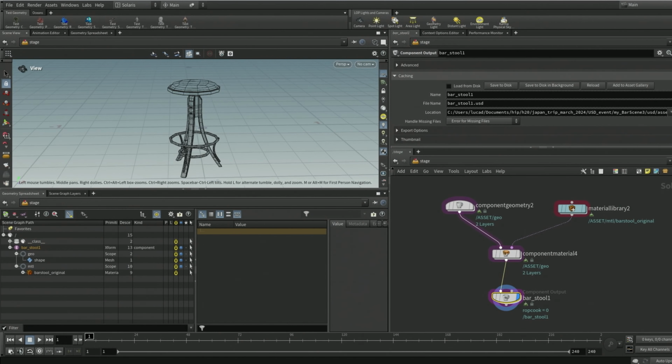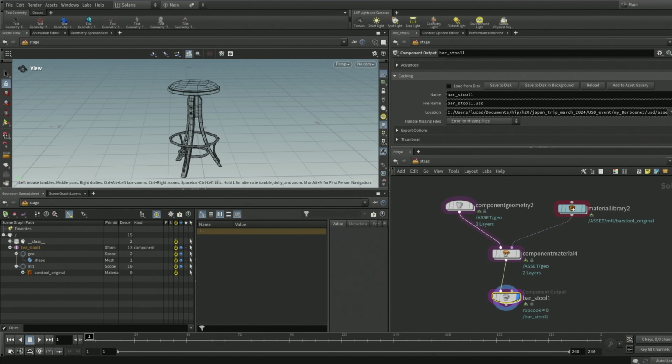Because there's no conversion to any sort of internal data format, the processing of this data is much quicker. So here in this slide, you can see we have our stool asset, which we're going to use as part of our bar.